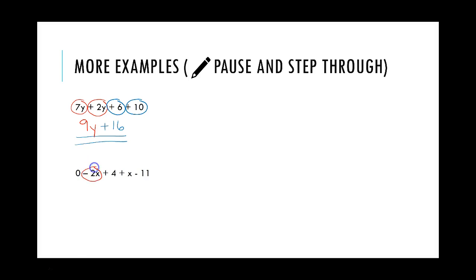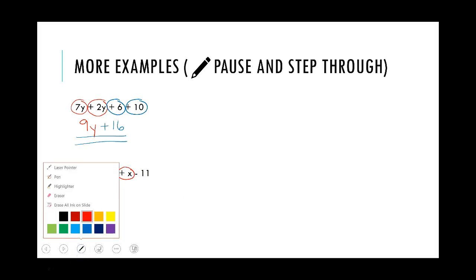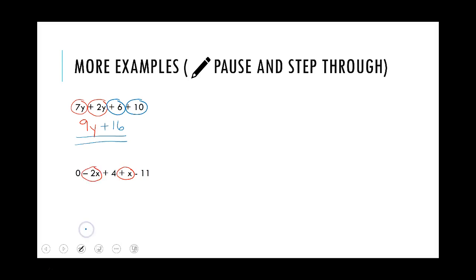So we got negative 2x and positive x. Notice I'm taking the signs with it. And then we have actually 3 constants of like terms. So that's what you should have got with your grouping. So those 3 in blue, those 2 in red. Right, now go ahead and pause it now that you have the correct terms together and see what you get